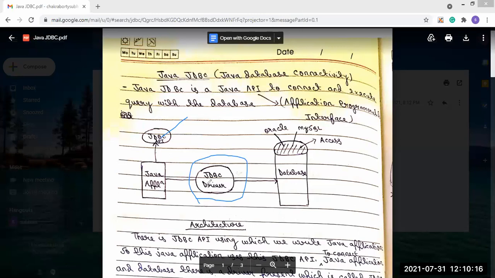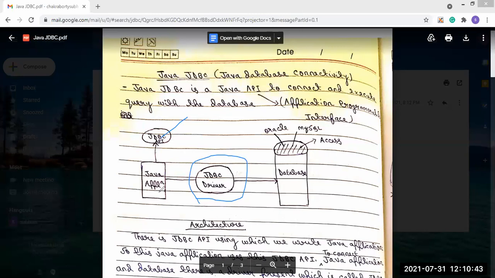But what does this JDBC driver basically do? We write Java application programs, and this Java application uses the JDBC API. Through the JDBC API, we connect the Java application to the database.